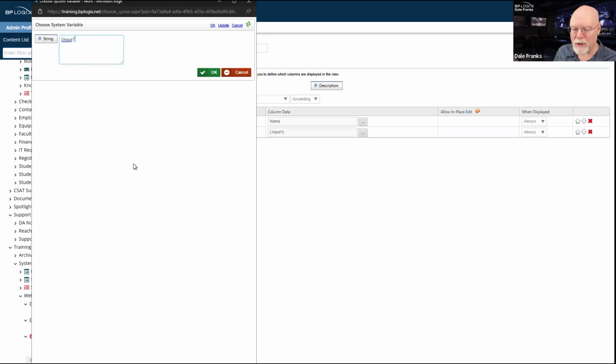I'm not going to do it because it would take too long to set up, but I could do something similar if I was pulling back a whole bunch of process timeline instances, and I had a whole bunch of activities that were named initial approval. And I wanted to return all of the active users for initial approval in a single column. I could do that because I'm pulling back timeline instances.